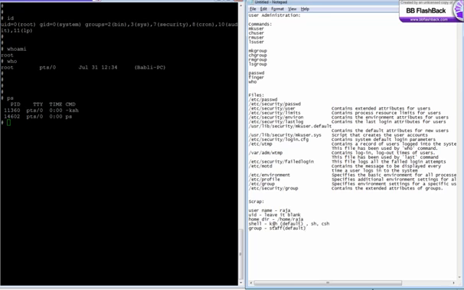...that particular group. If you don't specify the group name, by default the users will be added to the staff group. Okay, and there are a lot of parameters or attributes for users, but we are not going to concentrate on all those things. First, let us see how to create a user.